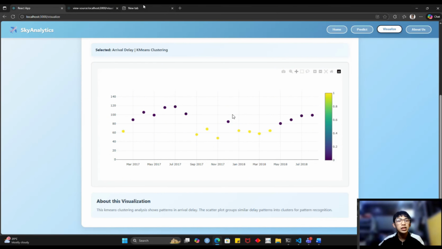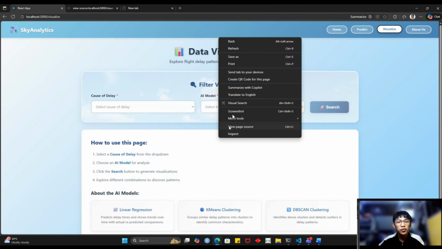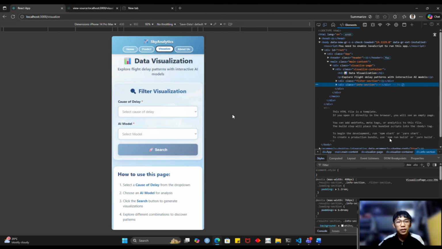Now, let me showcase our comprehensive responsive design system. We have designed Sky Analytics to provide an optimal experience across all device sizes. Notice how every component adapts gracefully. The navigation header transforms from horizontal to vertical layout, form elements stack in a single column, and all interactive elements remain fully functional. On tablet devices,